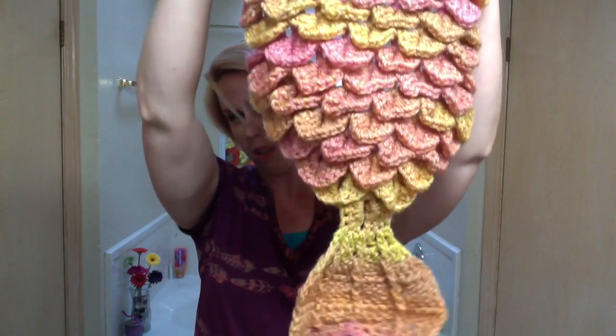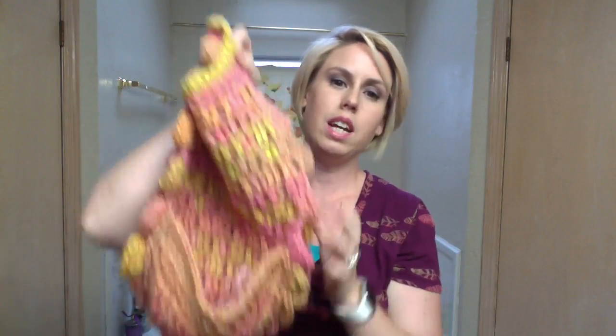This is a 3 to 6 month size. It's not my itty bitty one, but it's just this little mermaid cape to lay on a baby, and has a little pocket. And when I designed it, people asked me, why did you call it a cape? Well, most of my designs at the time were called Cuddle Critter Capes, so I went on with the theme